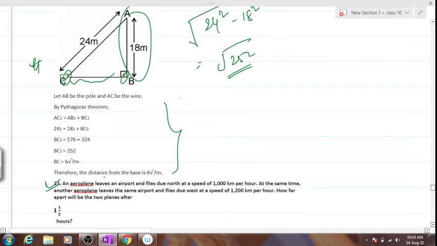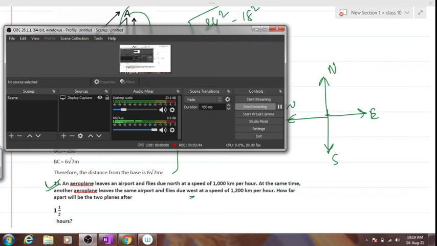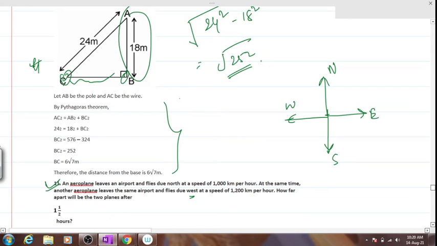I hope people can see the question properly. An aeroplane flies towards north and another airplane flies towards east. You should know that this is north, this is east, east ke ulta is west, and north ulta is south. Clear? Now, you do it accordingly. Now, let's see how many can do it. I'll pause the video. Simple one. Bit of hint I'll provide.